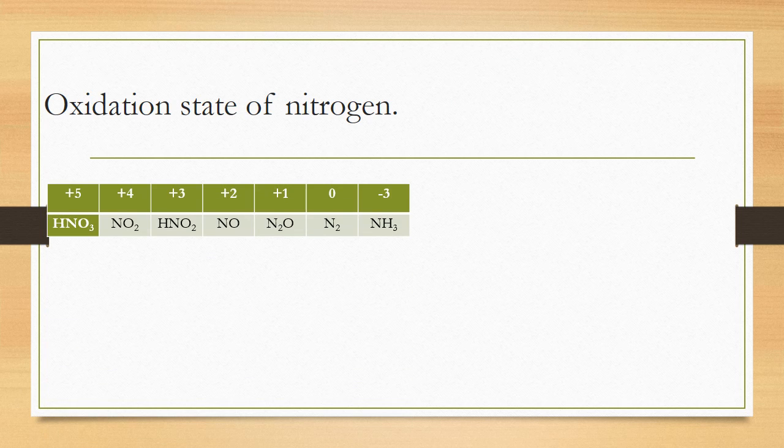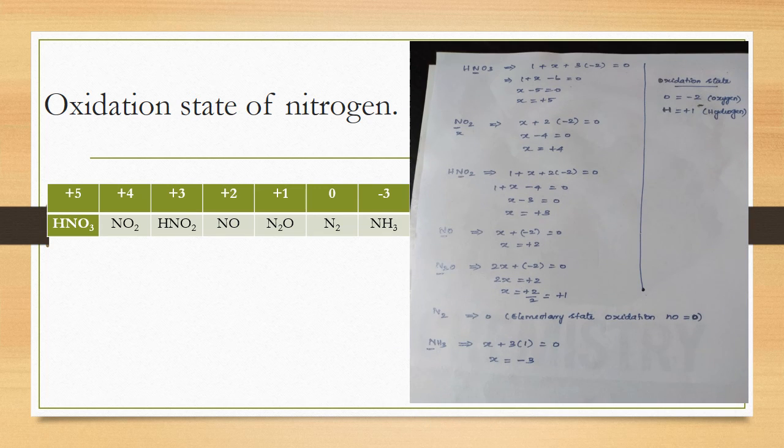So as we all know, the oxidation number of nitric acid is +5. I have written how to calculate the oxidation number, which you have already learned in 11th standard. For nitric acid, its value is said to be +5. Let's see how it is calculated.